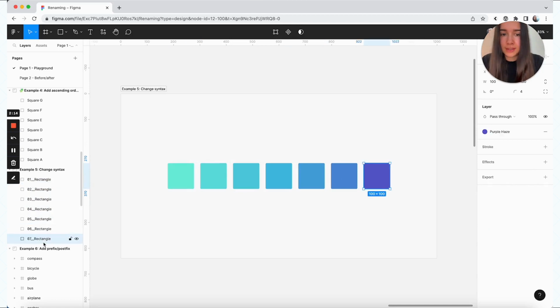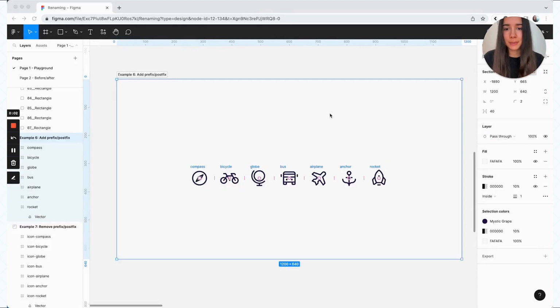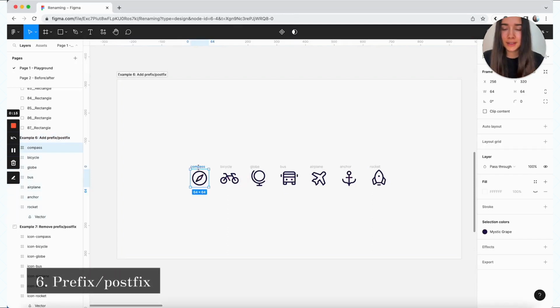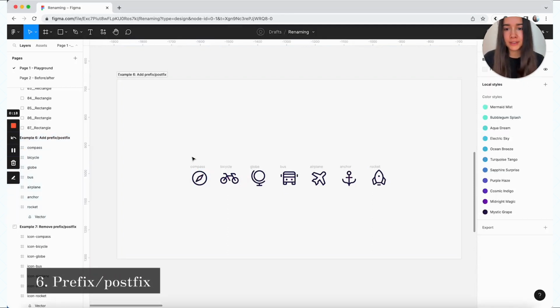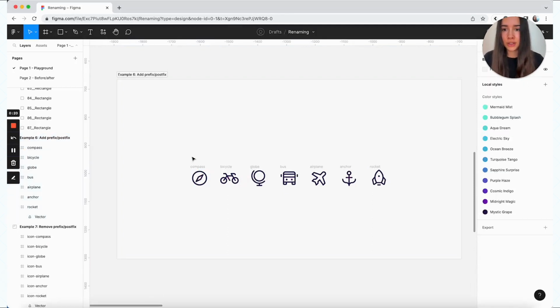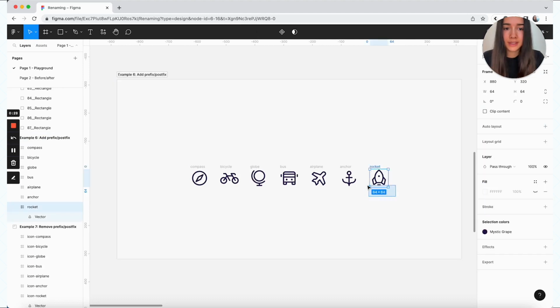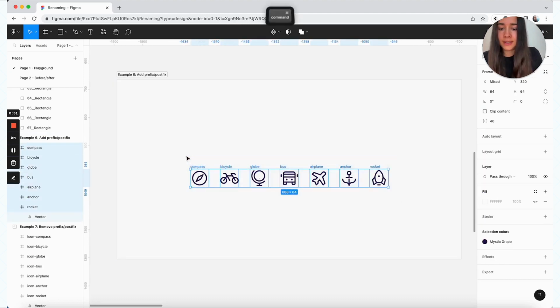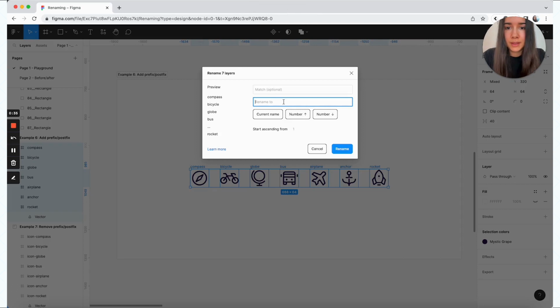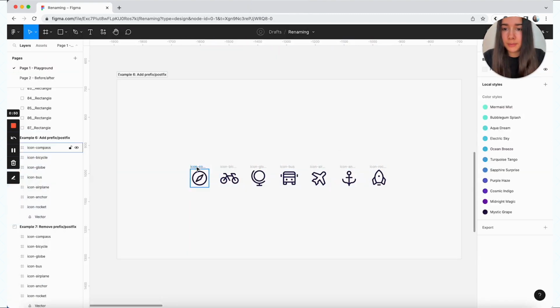it switched the syntax. Moving on to our next example, and here we'll be working with some icons. In this example, we want to add a prefix to our icons, for example, icon-compass instead of just compass. Once again, we'll begin by selecting all of our layers, Command R to rename, and then I'm going to add the prefix that I want. In this case, it's icon dash, and then we'll keep the current name and press rename, and now our names